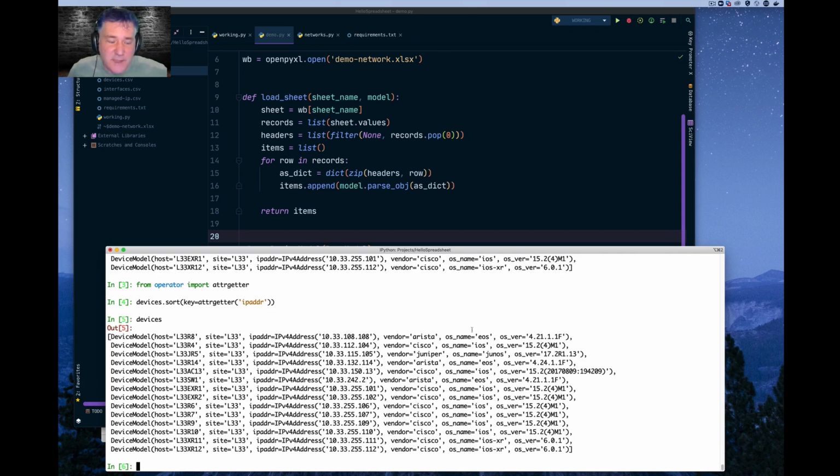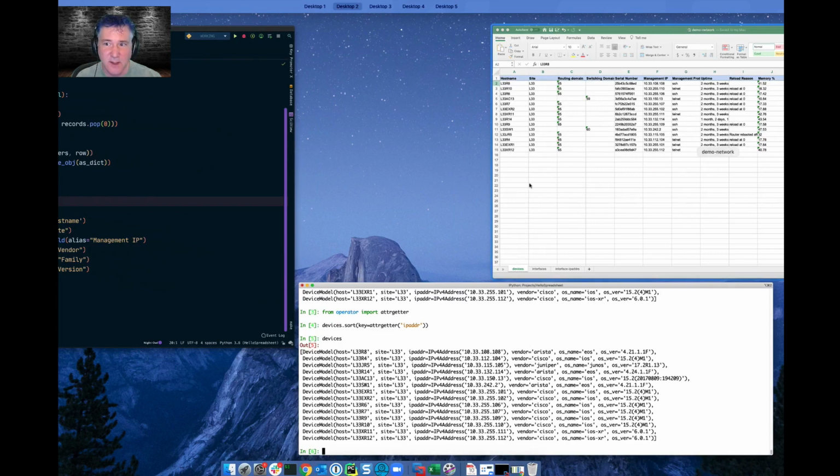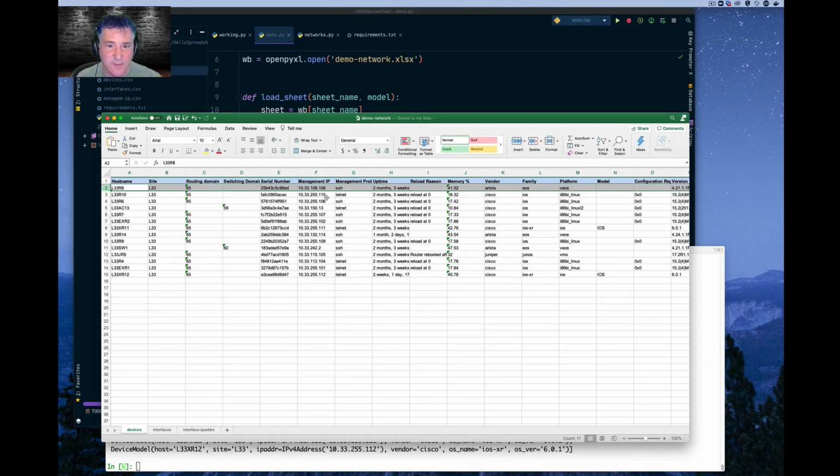So now we've got our objects here, and we validated at least that the IP address is parsed. But what happens if it's not a good IP address? So let's go in here and muck with it. Let's change this value here to be dashes. Right? So now it's not a valid IP address. Click save,